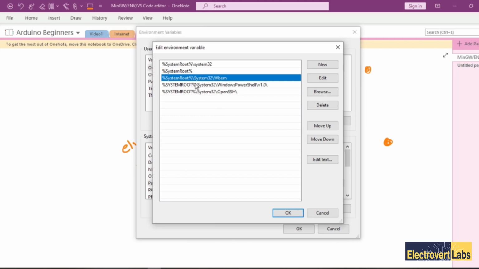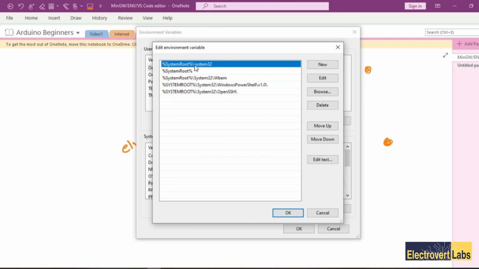If you remember, while installing some applications, they ask if you want to add this particular software into your path. What they are asking is, if your command prompt wants to search for it, they will add their link. They add their executable link into the path, so that when we write a certain command in the command prompt to open that particular file, it will search for that and open it for you. That is basically what is happening there.